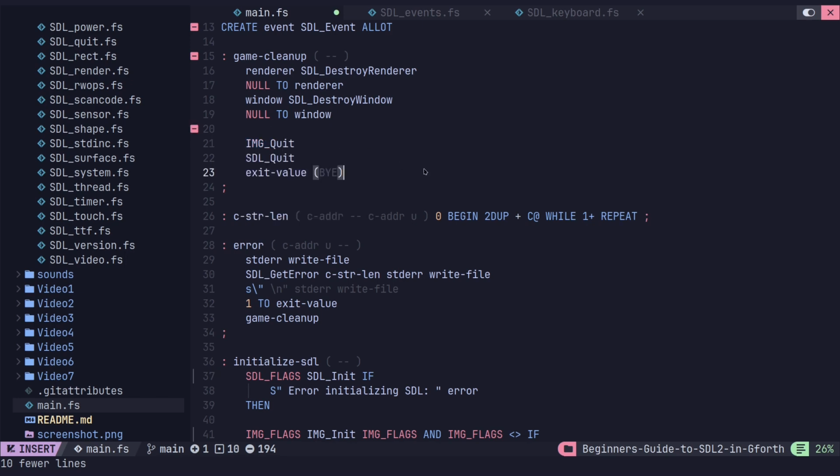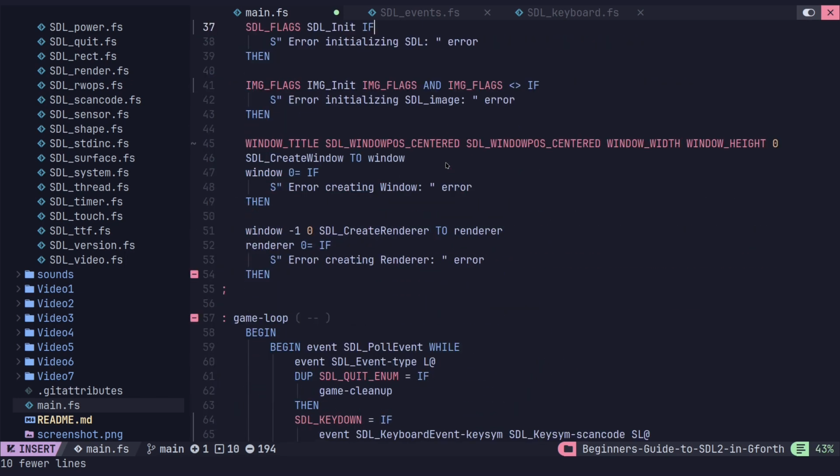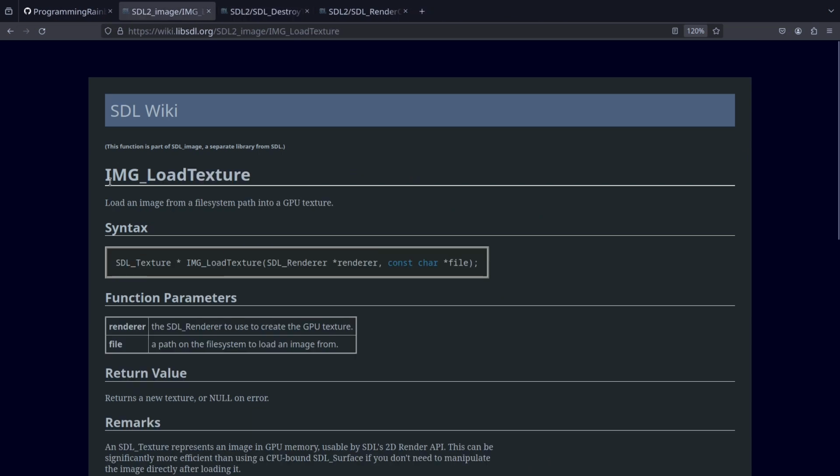So image quit. That's how we shut that down. Now this is online, so it's going to give us access to the next function, which is this image load texture. And what this allows us to do is load an image, which is going to be a PNG for us